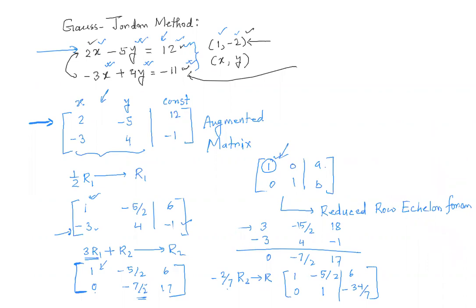Okay. Now, I'm going to take this guy and move it up. Right? So I want to make this 0. You can do that by doing the following. Take this second row, multiply it by 5/2, and add it to the first row. Don't do anything to the second row. It stays as it is, 0, 1,